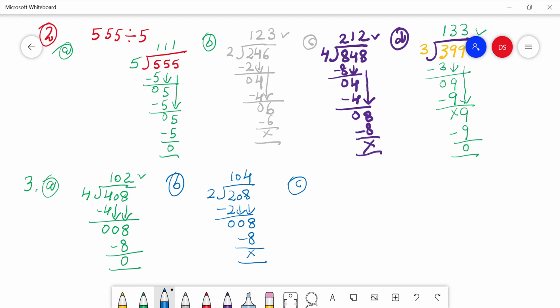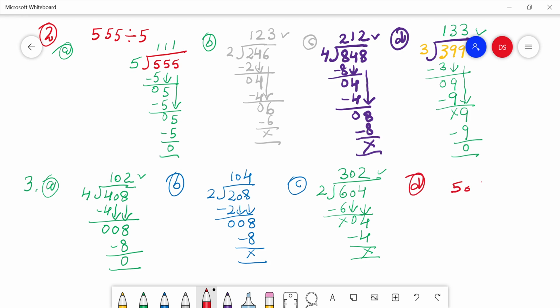C part, 604 divided by 2. 2 3s are 6. We will take 0 on the quotient place. Write 4 here. 2 2s are 4. The answer is 302. Now D part of question number 3 is